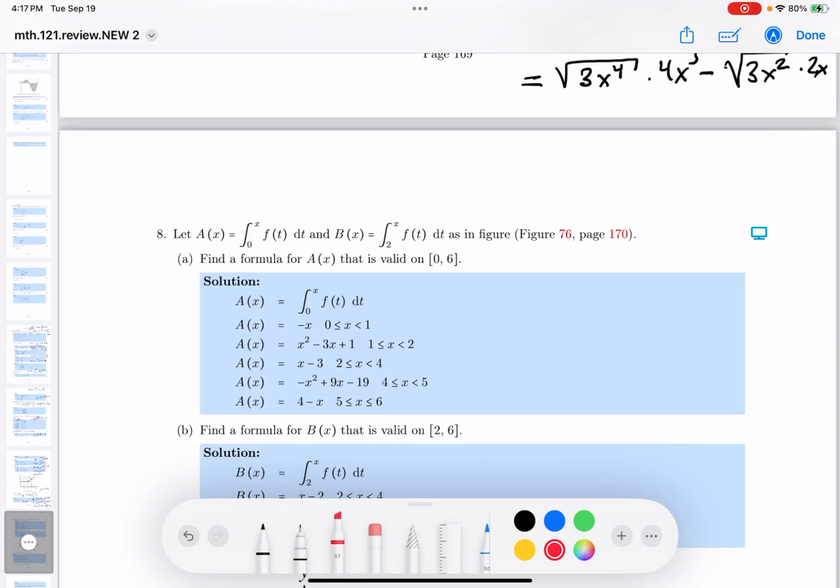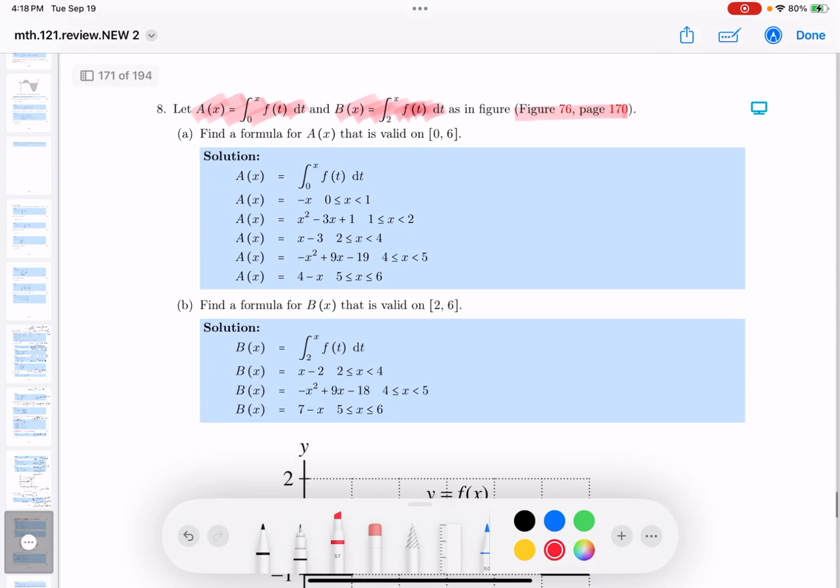Okay, I want to understand what they're asking for. And the first thing I see is they give me this over here. I see that, and then I see this over here, and I see two different things, by the way. But then they said there's some figure to look at as well. And I want to do that and see if I see anything in the figure that's going to help me